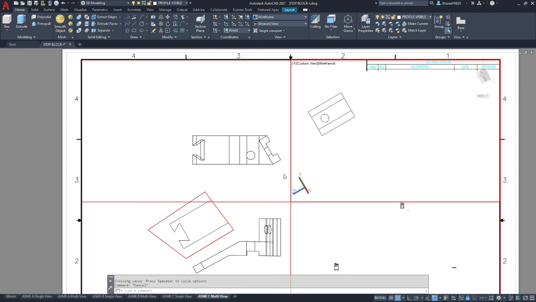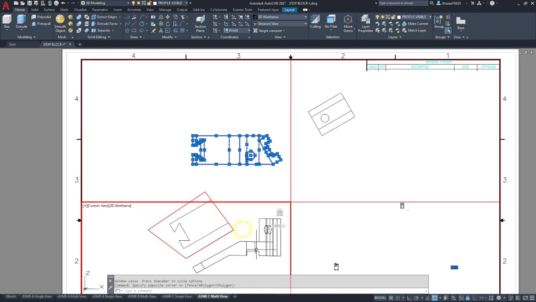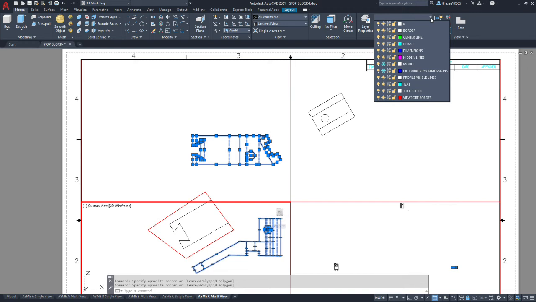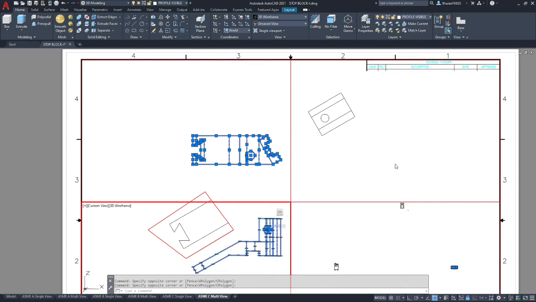Then same thing with this next viewport, profile visible lines, and the last viewport, profile visible lines. Okay, and then we're going to go through and selectively do our hidden lines.